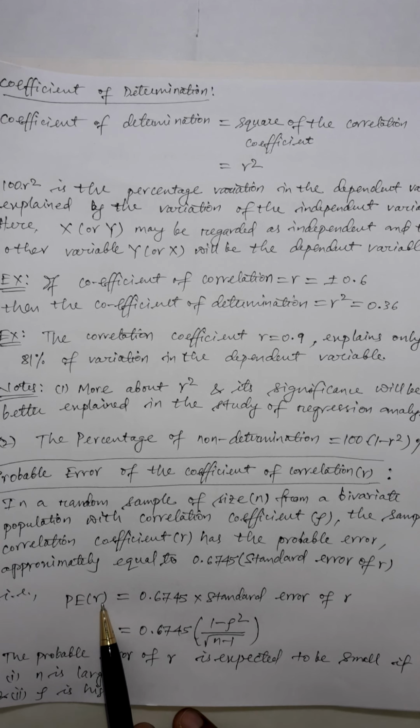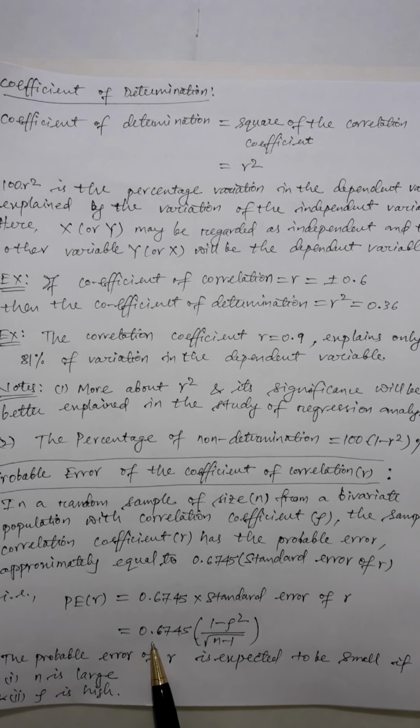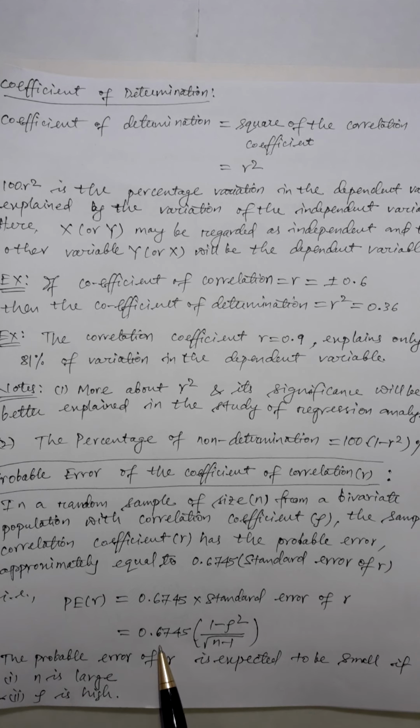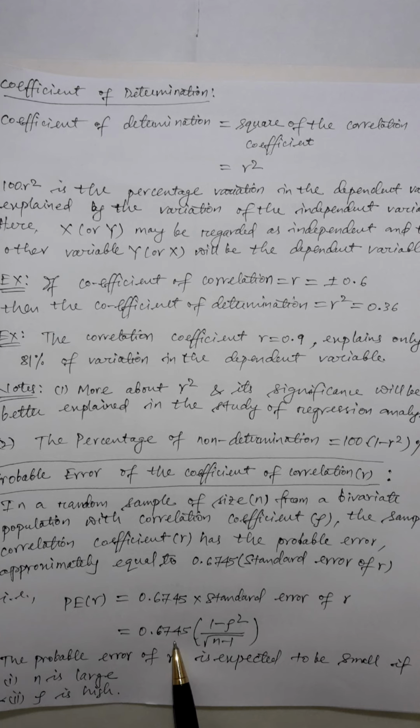of the correlation coefficient. Now friends, here you have to remember this number 0.6745, which is sometimes also called by some mathematicians and statisticians the golden number or the golden ratio. So this is a very important number whose importance we'll come to know in our future studies also, in different fields of mathematics and statistics. It is a very important ratio used in different fields, which is obtained from our real life calculations.